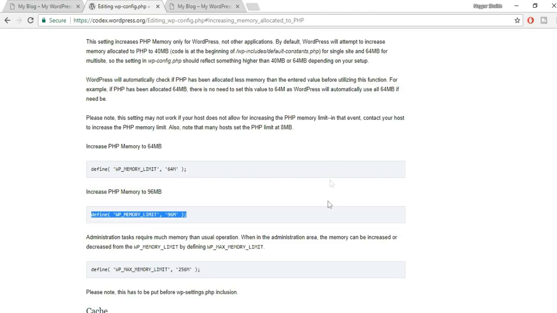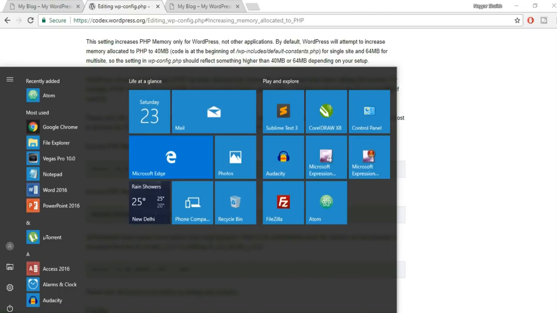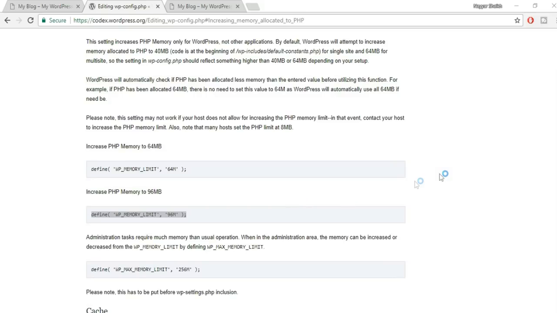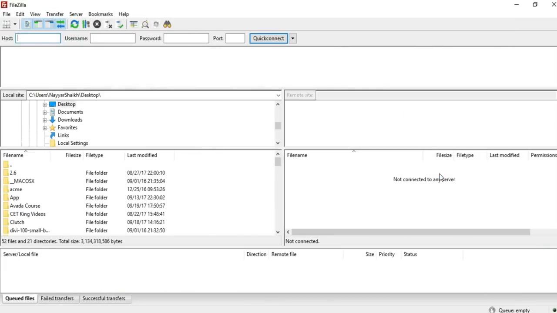There is a file, the WordPress config file, I guess. You have to paste this code over there. Just copy this code from here, and there are different ways of doing that. What we can do is do it through FileZilla, which I mostly recommend. If you don't know how to operate it, you can watch